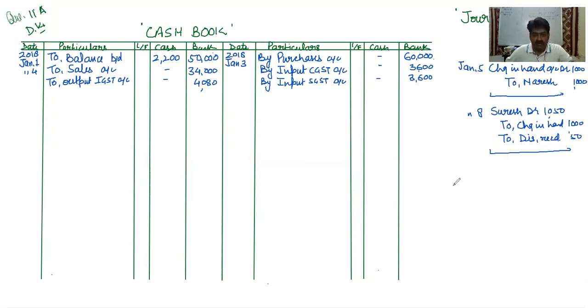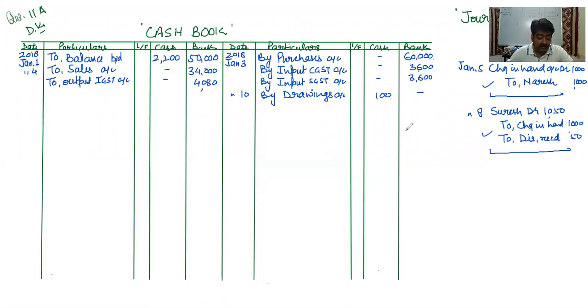So treatment will come in journal, because simply we are receiving this check from Naresh and we are endorsing this check to Suresh. Now next is January 10, that is paid life insurance premium of Mr. Mohan. So this is personal expense of Mr. Mohan. So entry will be drawings account debit to cash. By drawings account, a simple treatment will come in credit side by drawings account, and amount will come in cash column, because we are paying cash for it.